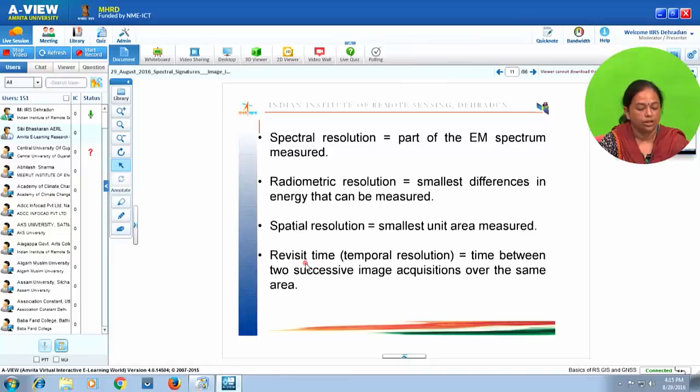Temporal resolution or revisit time is of course the time between two successive image acquisitions over the same area. These kind of temporally varying images help users in doing change detection studies. So if an activity or a phenomenon has happened at a particular time, the user could assess what exactly has happened on the ground by viewing the image,